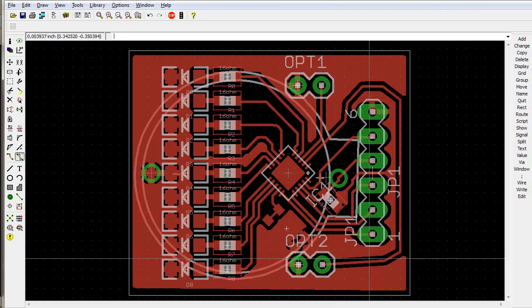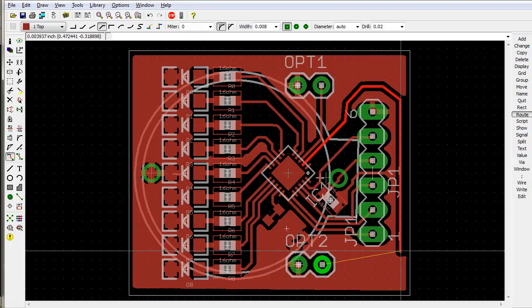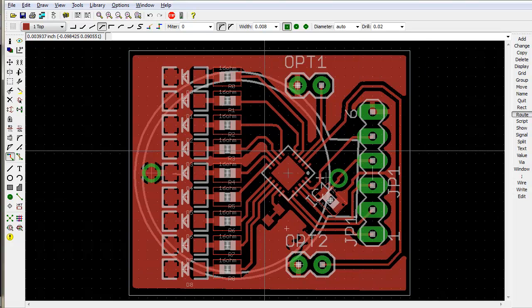Smarten that up. Run the rat's nest again to make sure it didn't affect that. And that looks fine. DRC. Oh, look at that. No errors. 4 approved errors, which is basically the same thing. Okay. Last thing to do is